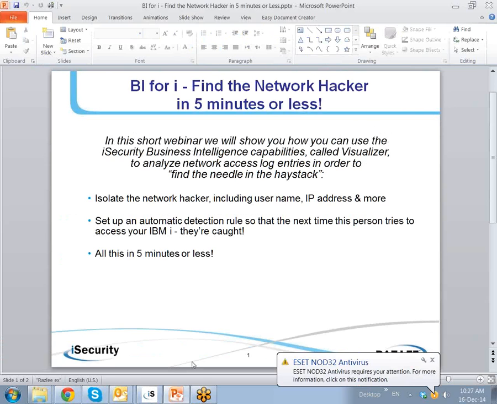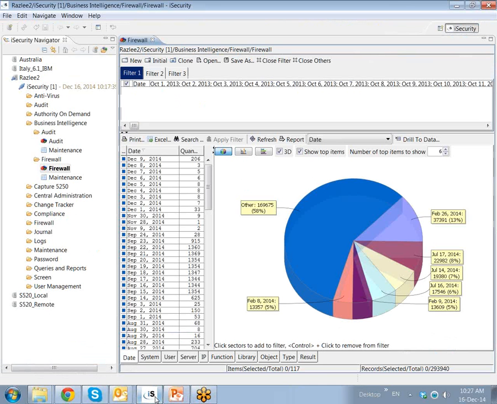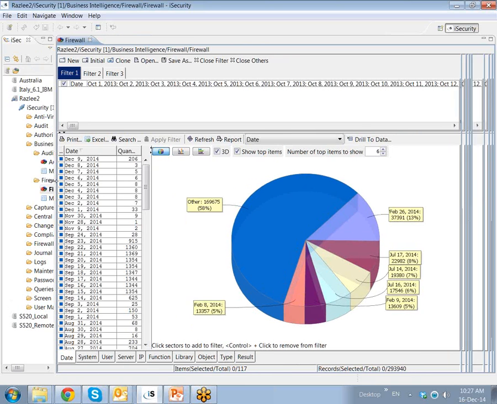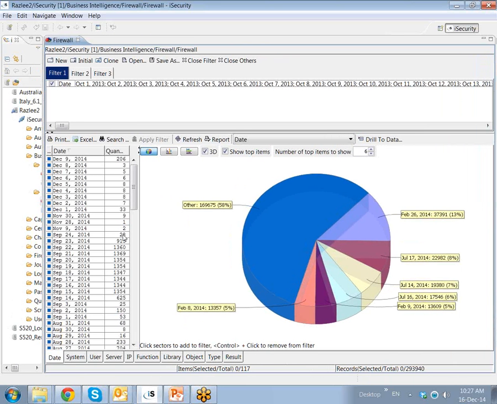So let's now look at the iSecurity GUI window. On the left-hand side of the screen, you see the navigation tree of iSecurity GUI. Different products, different capabilities such as queries and reports, user management, compliance, etc. We're here at Business Intelligence looking at the firewall network access log entries that we've analyzed and put into a